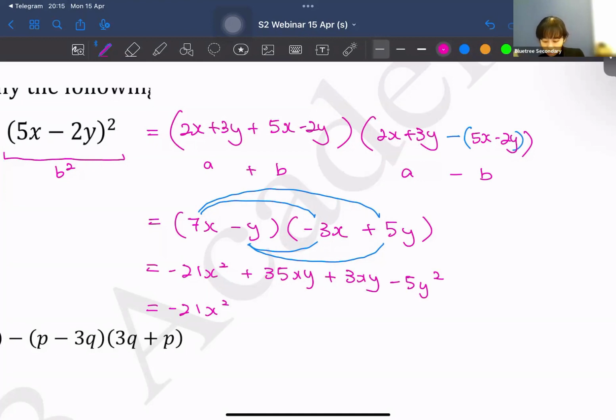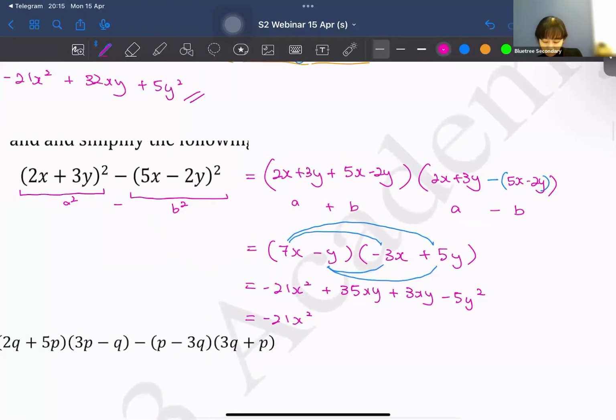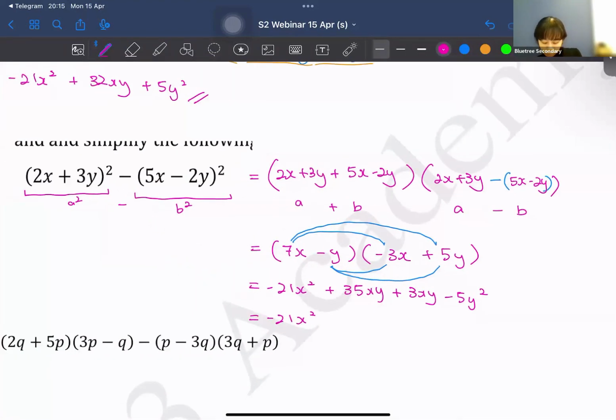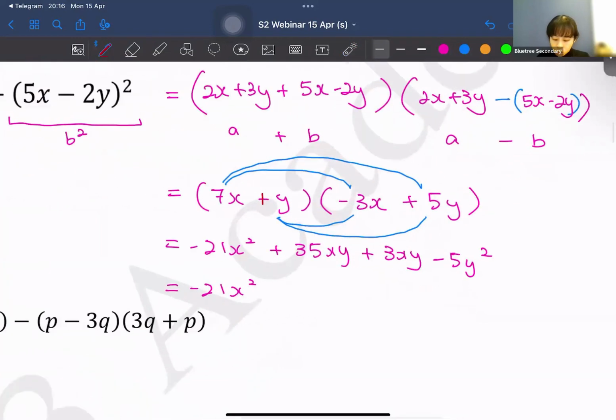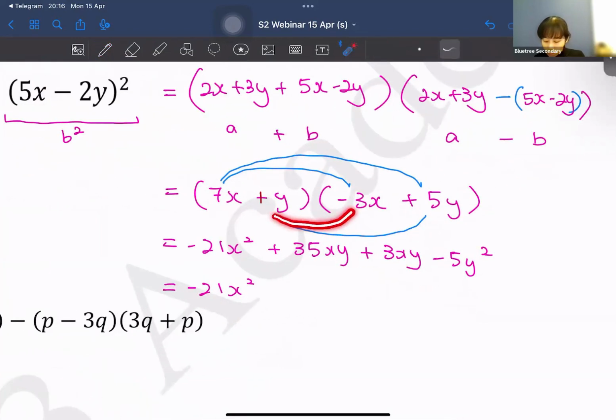Wait, I think I have a careless mistake somewhere. Oh yeah, sorry. My expansion over here should be positive, because it's positive 3y minus 2y. So it should be positive y. That means it's going to affect the last two expansions over here. This should be negative 3xy. And this should be